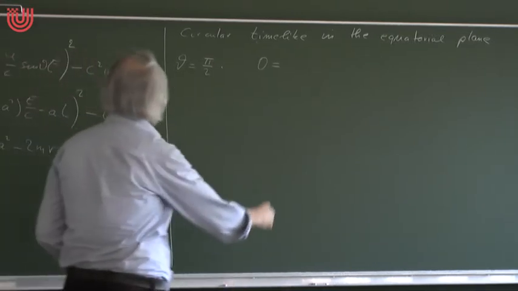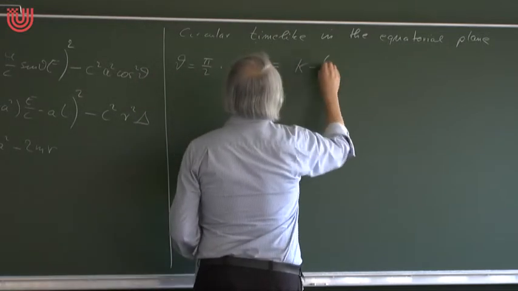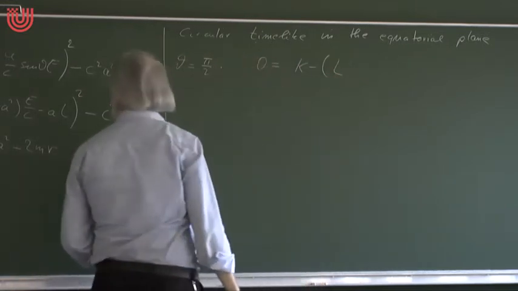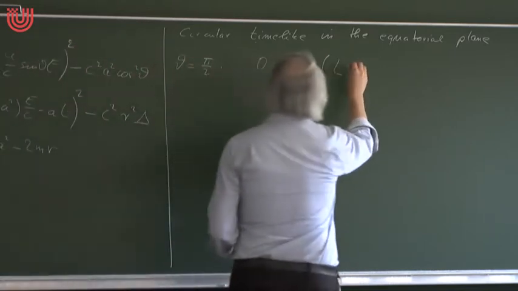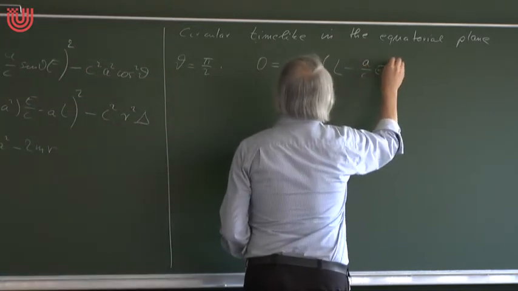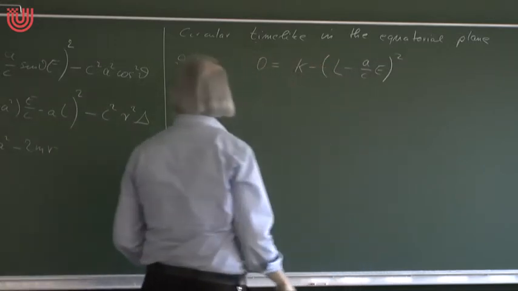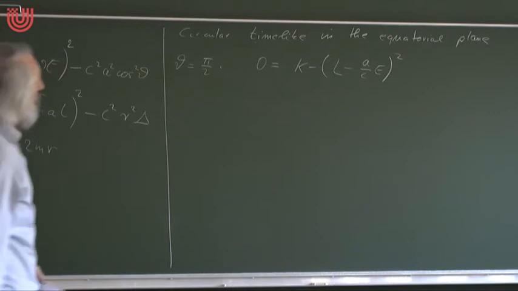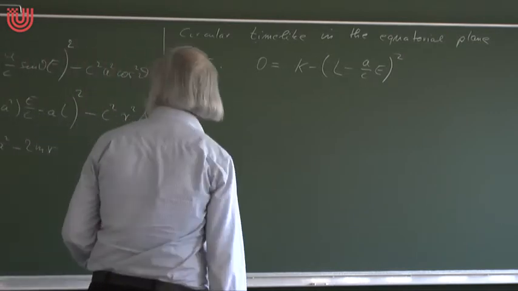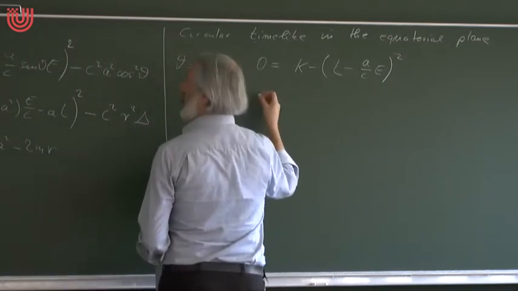On the right-hand side we have k minus L, sine theta is 1 in the equatorial plane, minus a over c, and that's it, because the cosine is 0. So this gives us k. From this equation we can express k in terms of L and E. And the second equation then gives us